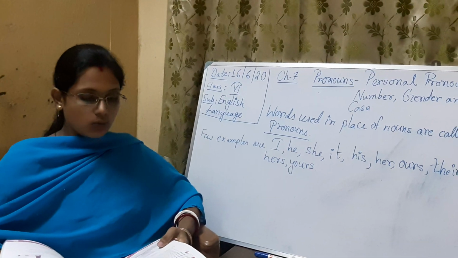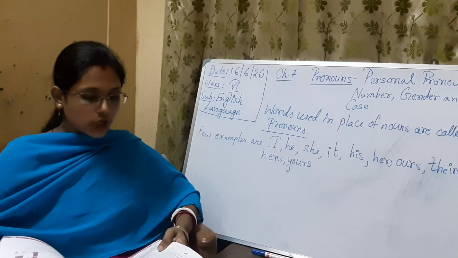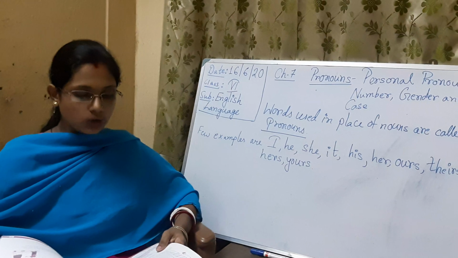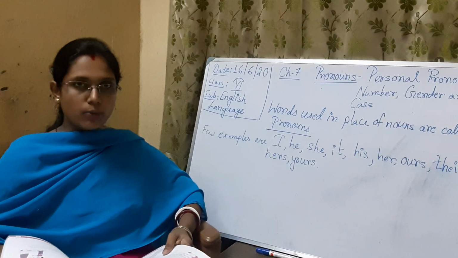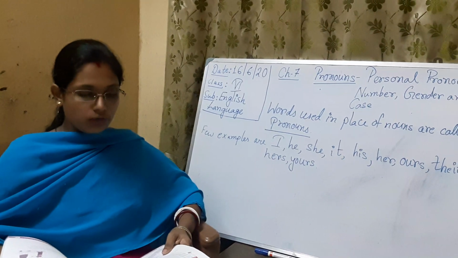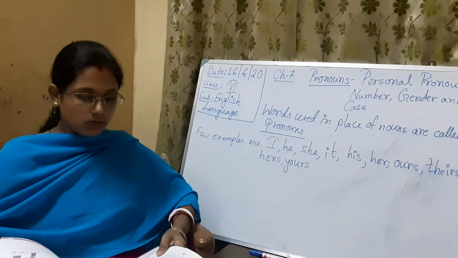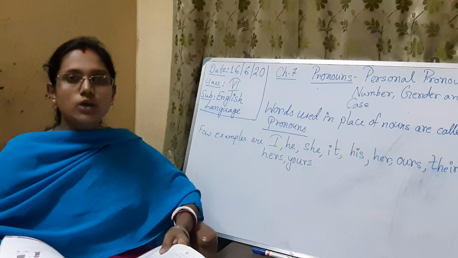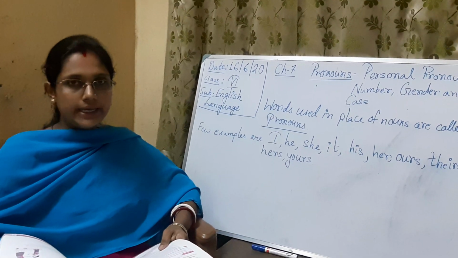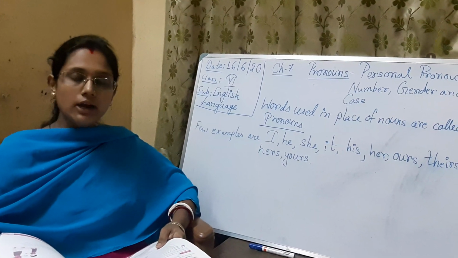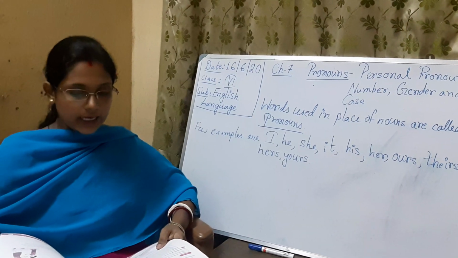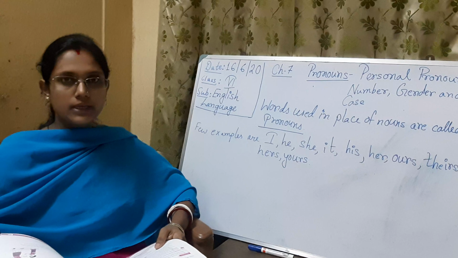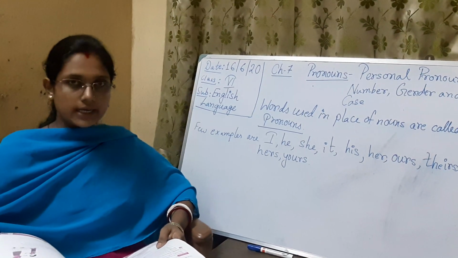Now sentence 1. Jay is very young to go to school alone. So he goes to school with Ramu. So here, which one is the pronoun? He is the pronoun. So please underline he, or either you underline or you can circle with pencil. Okay. So he goes to school with Ramu. He is the pronoun.